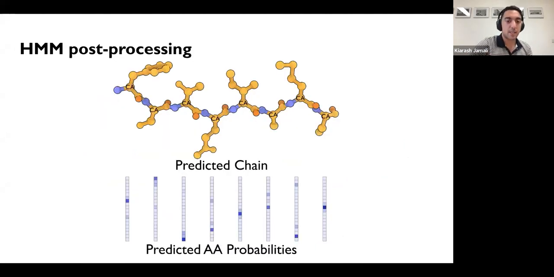So for the post-processing, once everything goes through this graph neural network, we need to actually take this and turn it into an actual atomic model. So what we have is probabilities for an amino acid type for each residue.